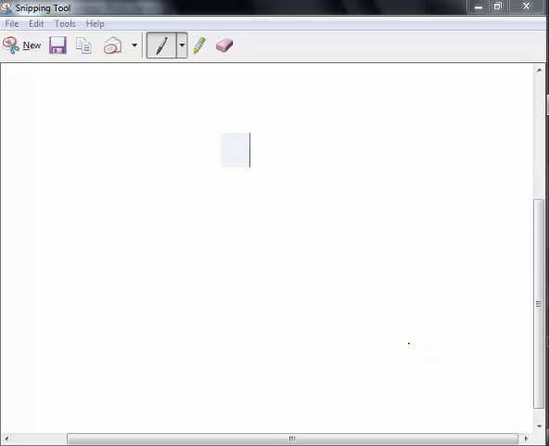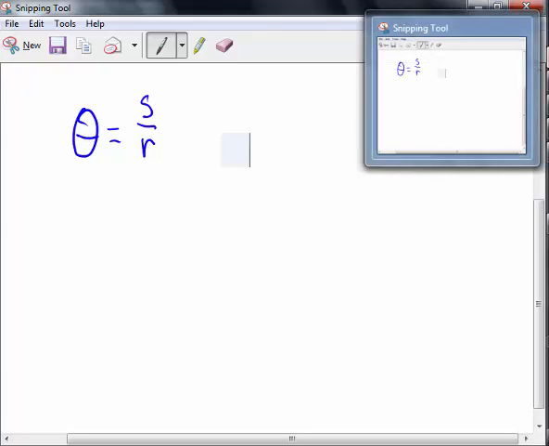This is the exercises on page 415. We're going to find the arcs that you see in the page, and remember the formula is theta equals the length of the arc divided by the radius. So for number 2,